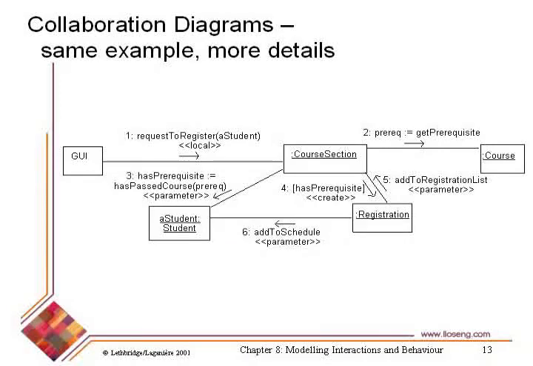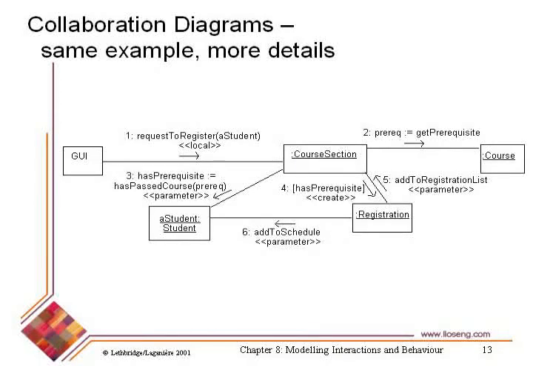Okay, so same information pretty much as in a sequence diagram. But you notice the difference, right? What's the difference? What information am I showing here that we haven't seen before? Sorry? Yeah, it says parameter, it says local. Okay? So these are UML stereotypes that basically say where the information